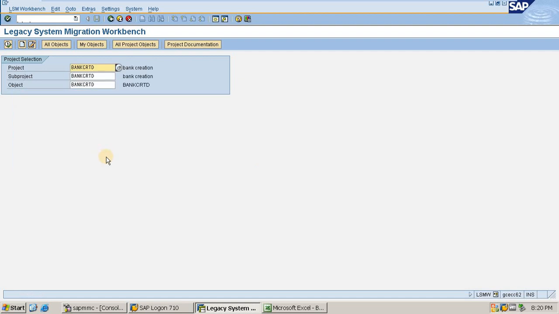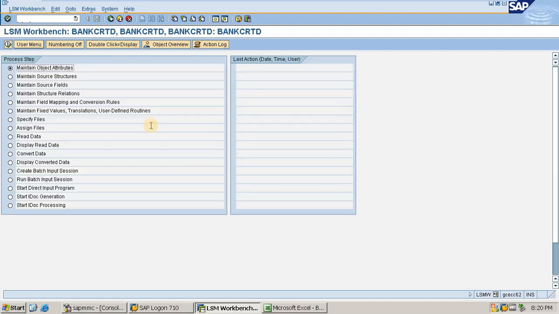Pressing the enter button. Now clicking on execute. It has taken me to the screen wherein I have to do all these steps in LSMW, and there are 17 steps if you count, and the first step itself is maintain object attributes.